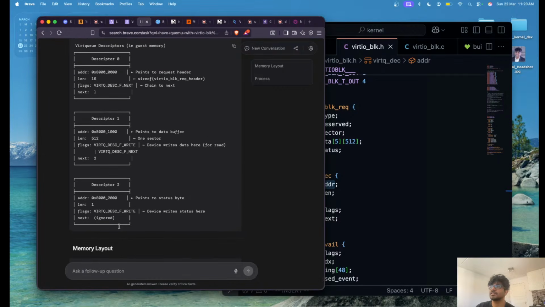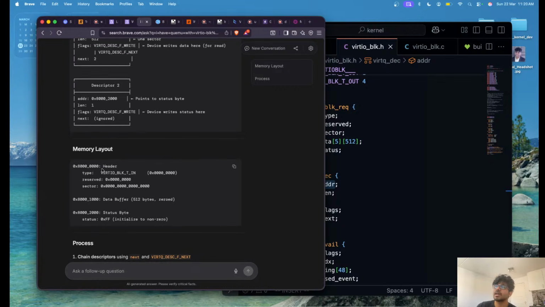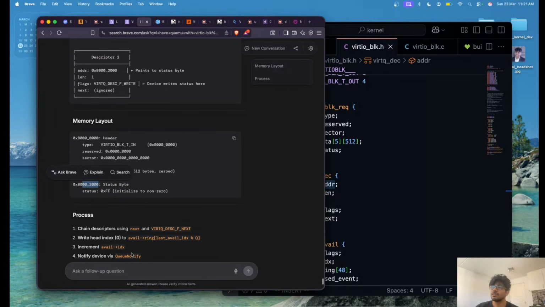And we have a new, so entire memory layer will look like we have a header of type this, reserved is 0 and sector is 0, and then we have a new chain that simply has data buffer, and then we have another that has this. But then